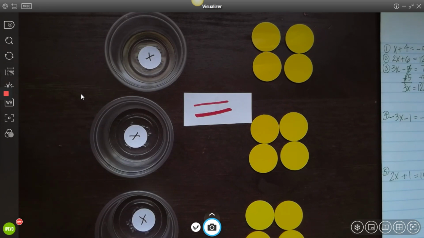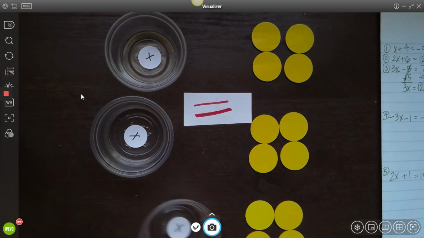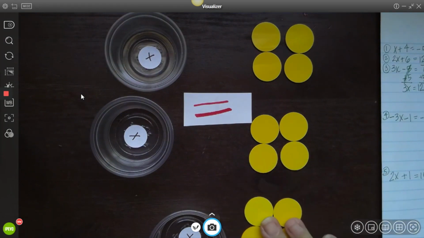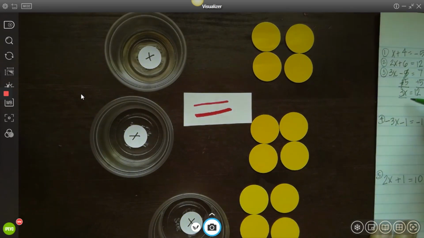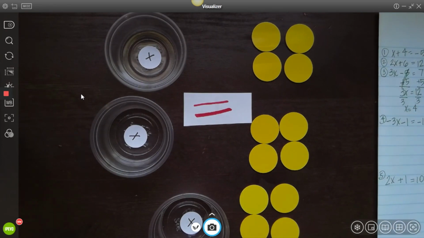And when I ask myself how many is in each group, or how much does each x represent, each x would represent a total of, move those up just a little, 4 chips. So x is equal, we divided them each into 3 groups, and so x is equal to 4. One of those cups would house 4 chips. Okay, so let's take a look at our next